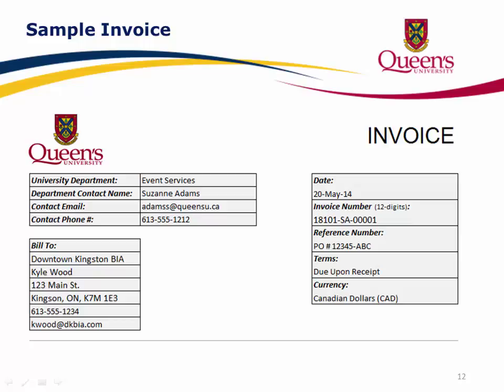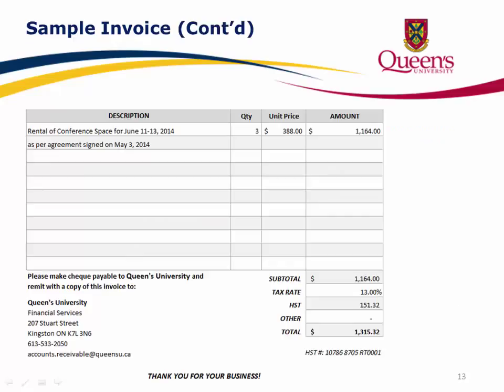In the top right section, the date, the 12-digit invoice number, the reference number, the terms, and the currency are all completed by Ms. Adams. Looking at the bottom section of the invoice, in the description section, the fields for quantity, unit price, and amount are completed. The description reveals the sale is for the rental of conference space for the period June 11th to 13th. 3 days at $388 per day for a subtotal amount before taxes of $1,164. Ms. Adams entered the tax rate as 13%, which populated the tax amount and adjusted the total invoice to be